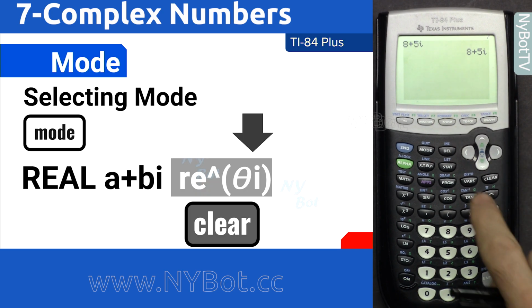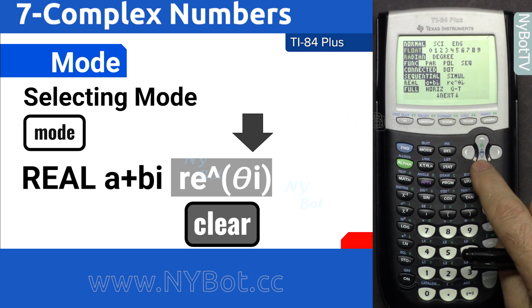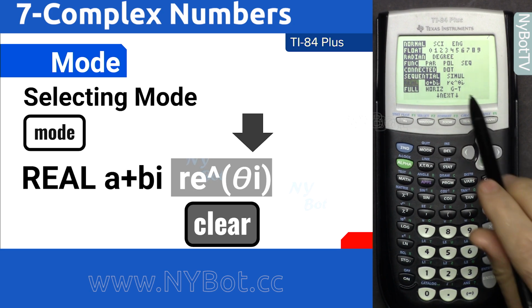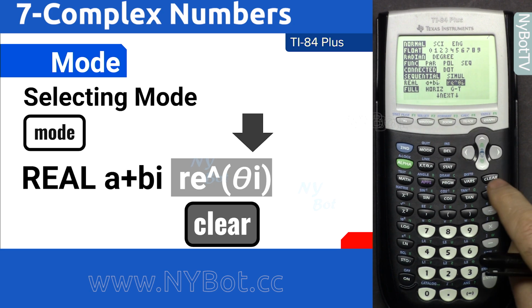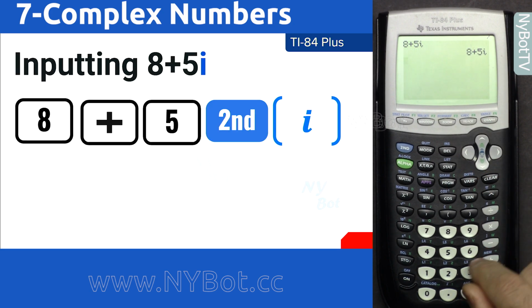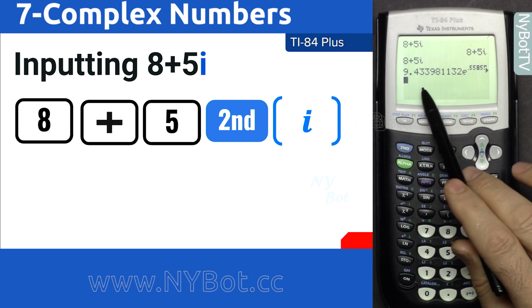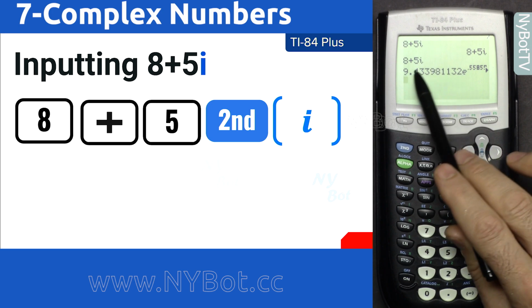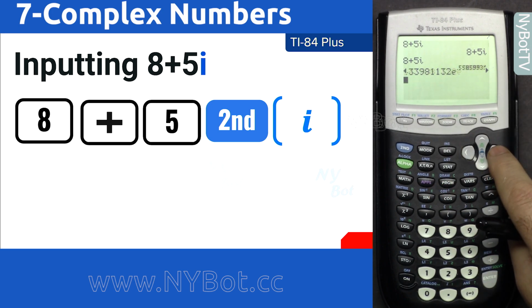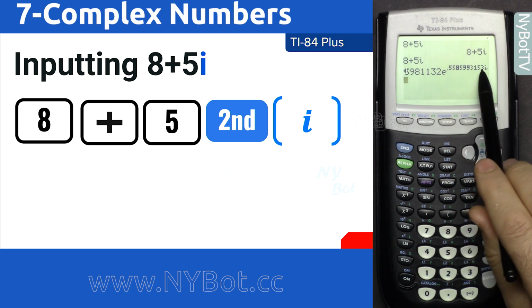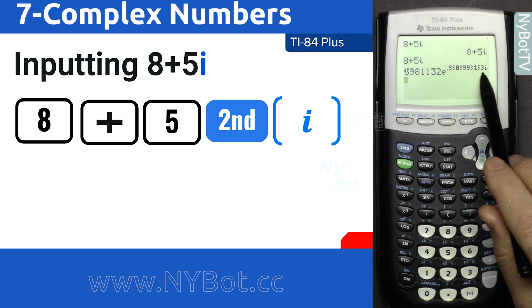Now if we press mode and switch it here to polar and enter, it is selected, press clear to exit. Now 8 plus 5 second function i and enter. Now it has been presented in polar format, some magnitude e to the power, and this arrow shows that we have more. We can scroll to see the value, and then i at the end, which refers to the polar